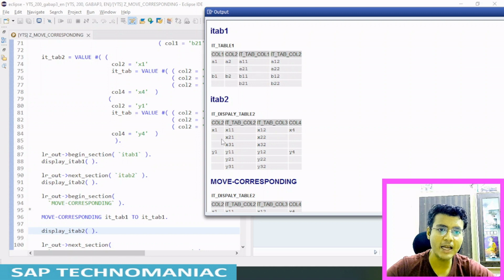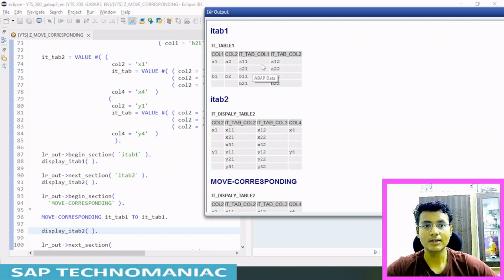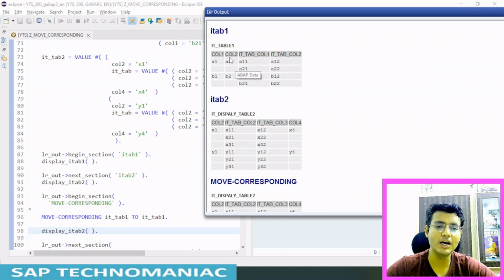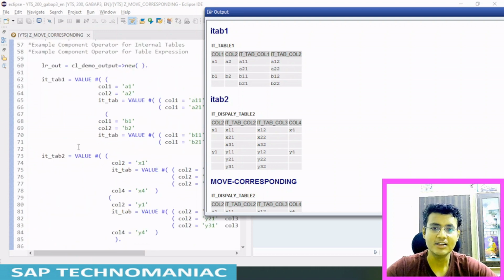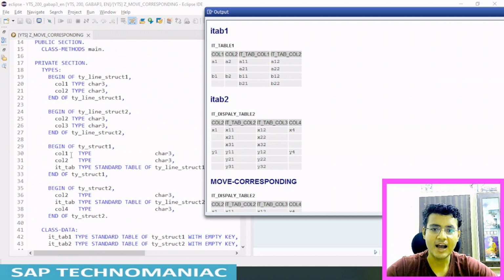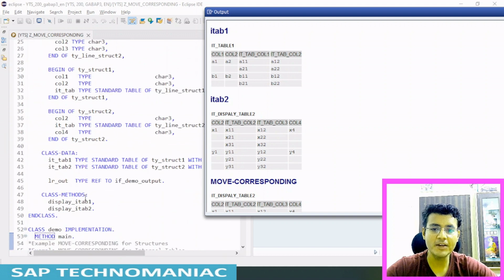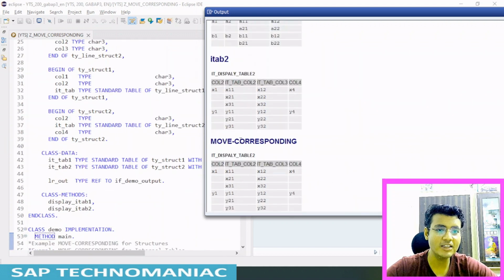So A2 and B2 will be here, and again we are not using the expanded addition here. So we are doing the simple movement. Inside the table we have this IT column 1, and we are moving from one internal table to another internal table.